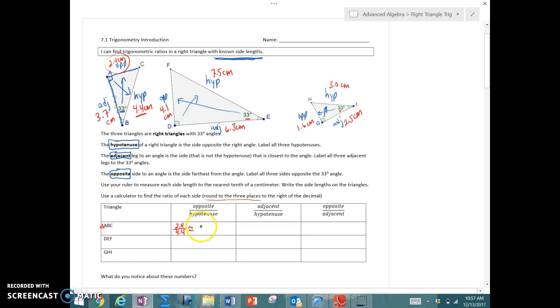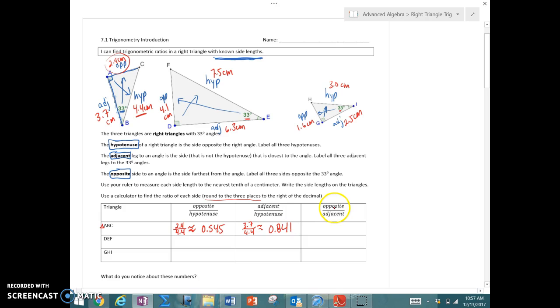And I got about, so I use a squiggly equal sign when I say about, 0.545. Now going across from the same triangle, I'm going to find the adjacent length, which is 3.7 divided by the hypotenuse, which is 4.4. So again, I'm finding this ratio of this triangle. When I type that in my calculator, I get